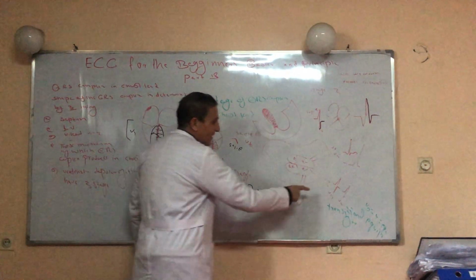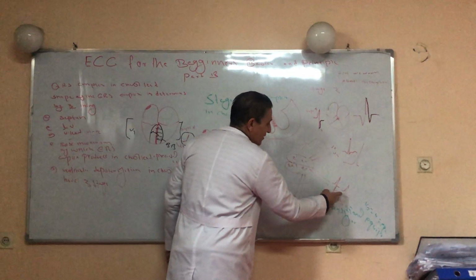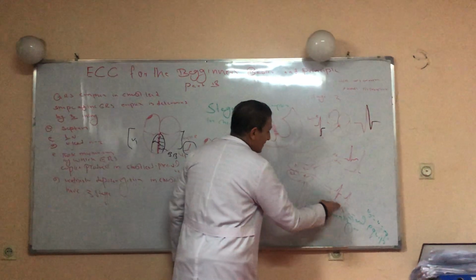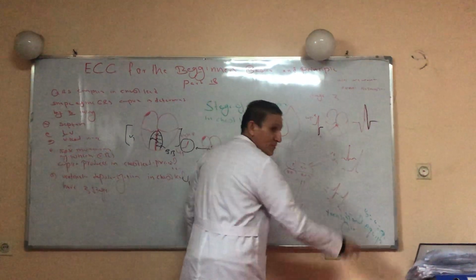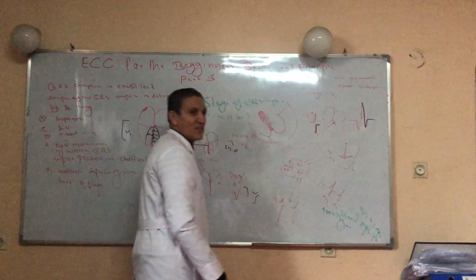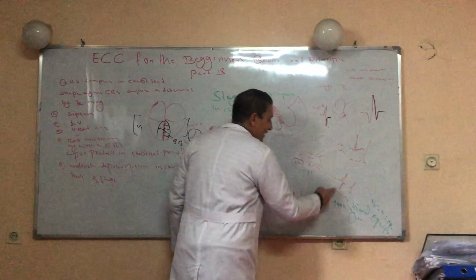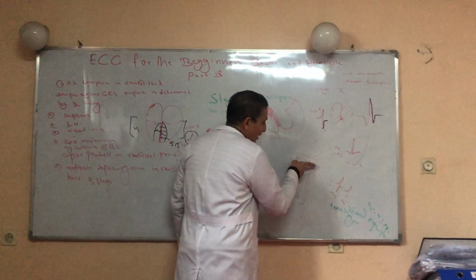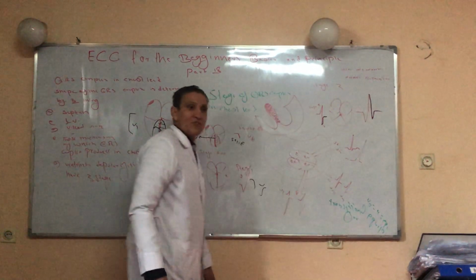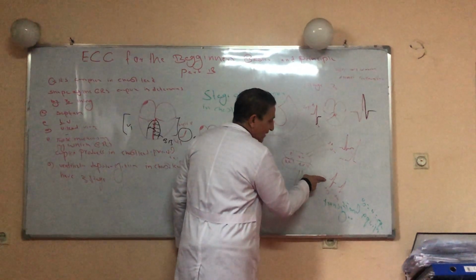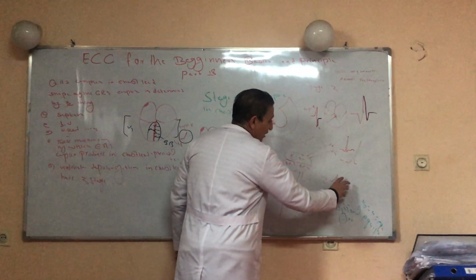Again, which leads were these? These were V3 and V4. They look at the septum but provide information about the anterior part. This is an equipolar lead. What does equipolar lead mean? It means that R and S are both equal. The mechanism is that the electrical impulse moves toward the right angle. Do you know right angle? 90 degrees. The impulse moves at a 90 degree angle and produces an equipolar lead.